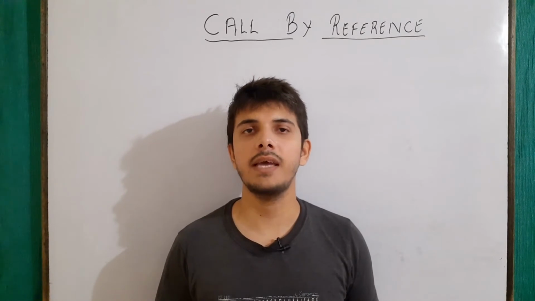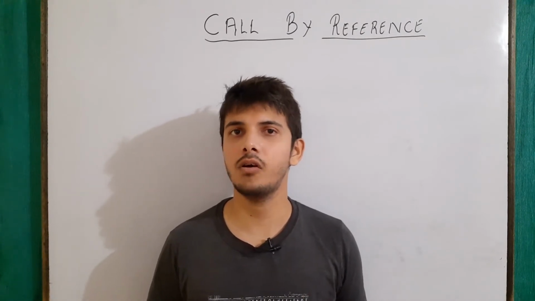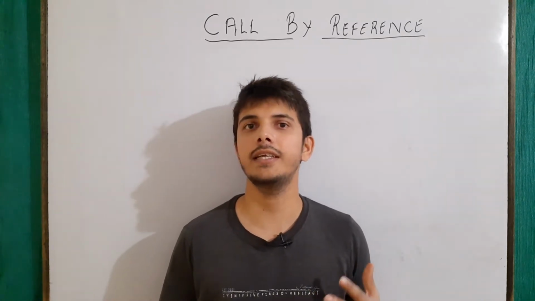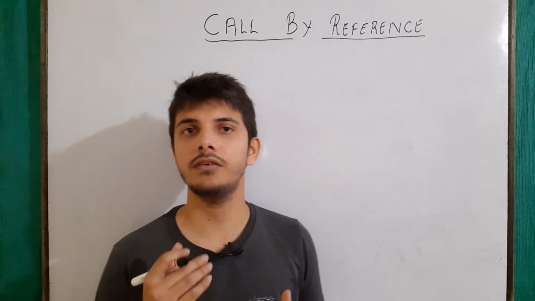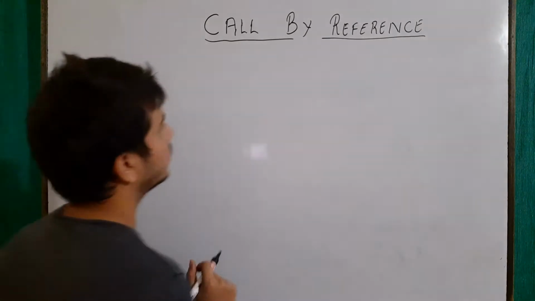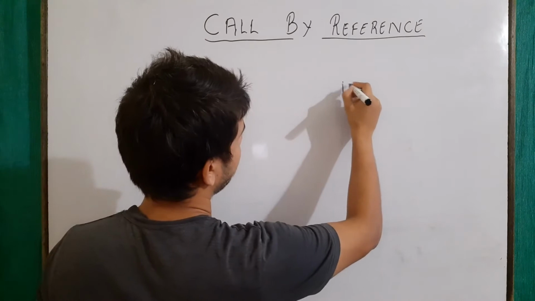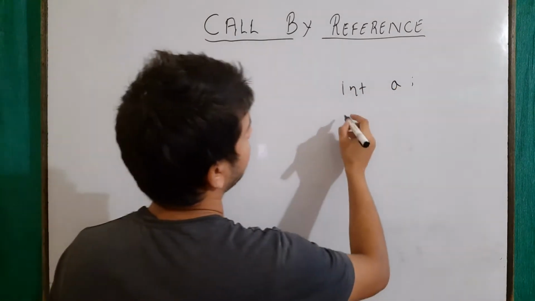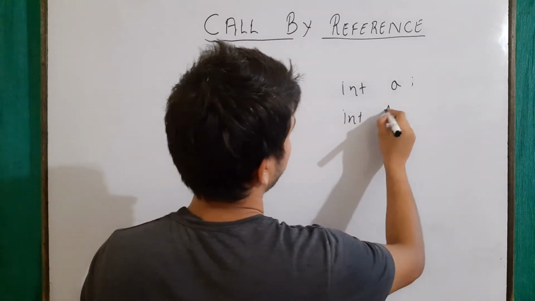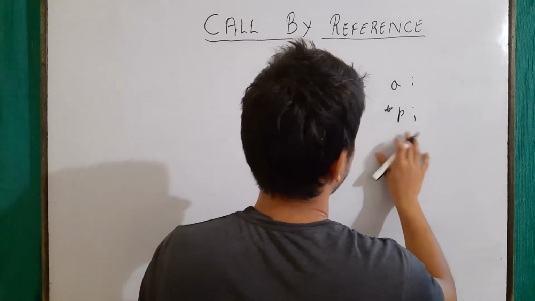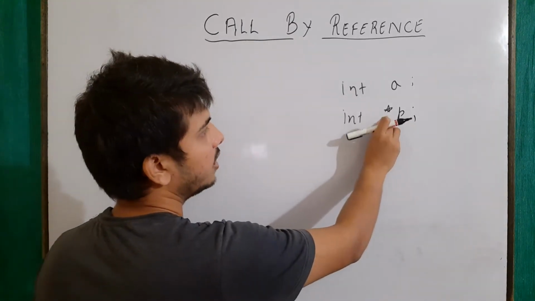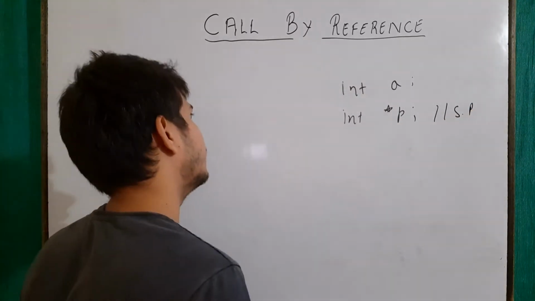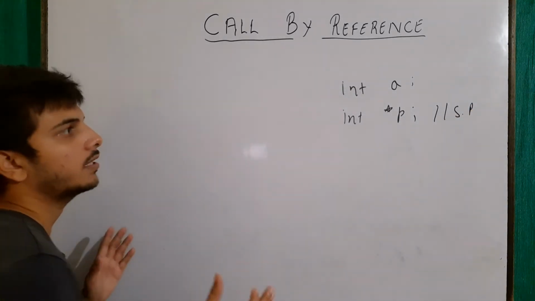Before diving into this method, we should first have a little idea about pointers and how they work. We will talk about pointers in great detail in upcoming videos, but let's take a brief introduction here. We have a normal variable in general, int a. In place of int a, there is another kind of variable, the pointer variable. Let's say this is *p. Since only one star is used here, this is a single pointer, and in this video we will only talk about the single pointer because this topic is vast in its own right.